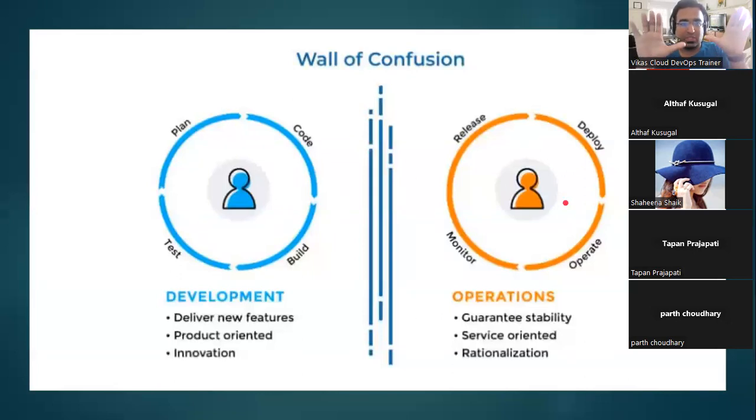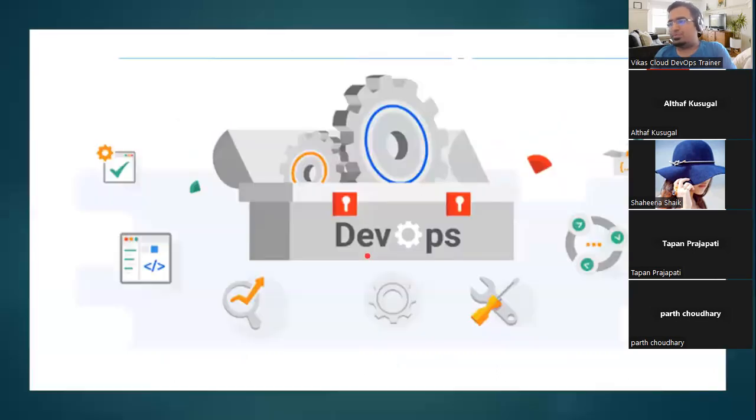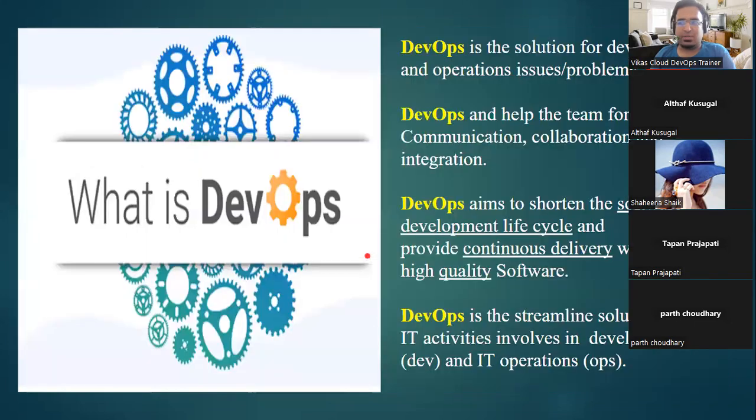They don't want to connect with each other. They want to do their own work. The operation team cannot do the coding part. A developer will not want to sit through the night and do the monitoring. They have a salary difference, a big difference. They have a wall of confusion. So that's why DevOps came into the picture.